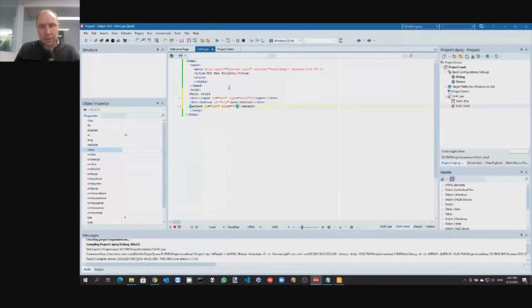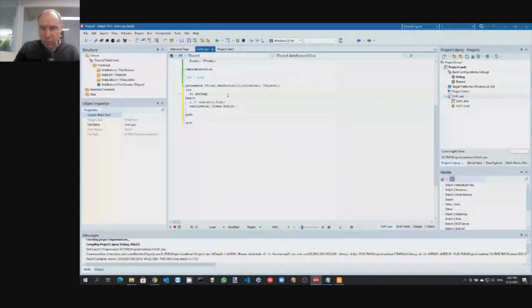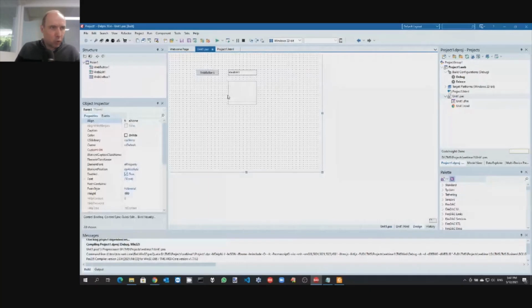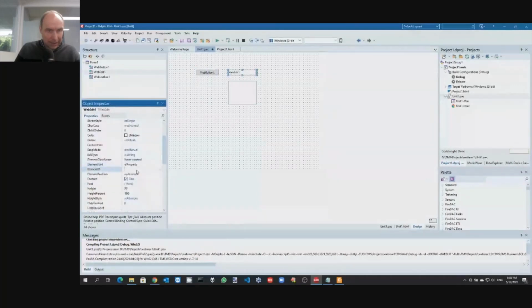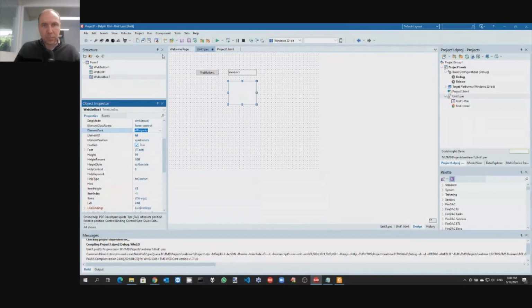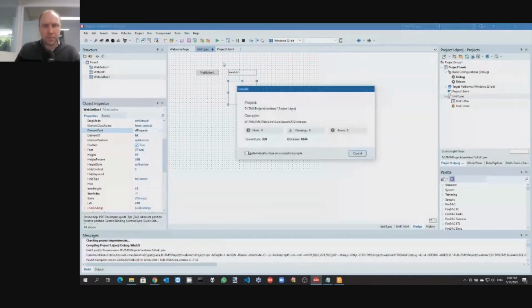Now, the interesting thing is that we can actually hook our controls to this HTML that we edited. And this hooking can be done by assigning for the button the element ID property. We assign it to the btn HTML element. We do the same for the edit control. We assign it to the edit HTML element. And for the list box, we assign it to LST. And when I run my application,